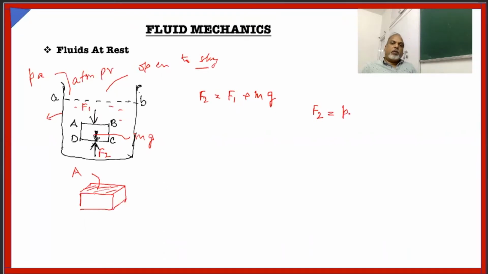Suppose P2 is the pressure at the level of DC, and P1 is the pressure at the level of AB, then F1 will be P1A and F2 will be P2A, correct? So we can put here P2A is equal to P1A